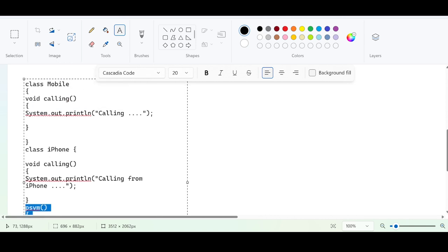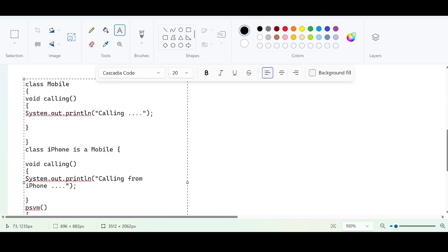I want to create a relationship, so I'm using extends Mobile. I can also say that iPhone is a Mobile. Why has the "is a" relationship come? iPhone is related to Mobile. iPhone is also a Mobile. Java will not accept "is a". "iPhone is a Mobile" is language that you and I understand, as we understand English.